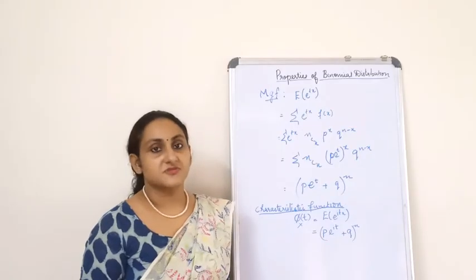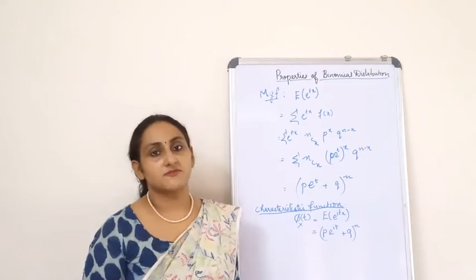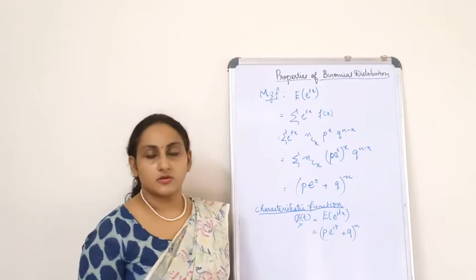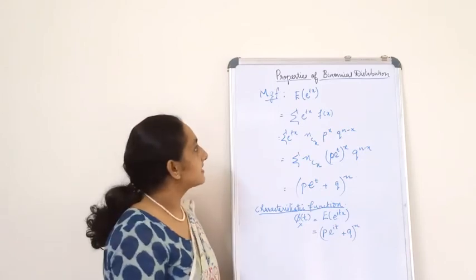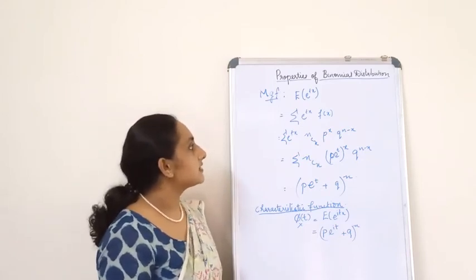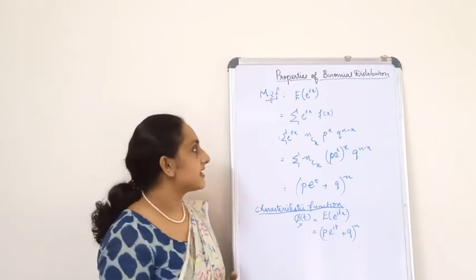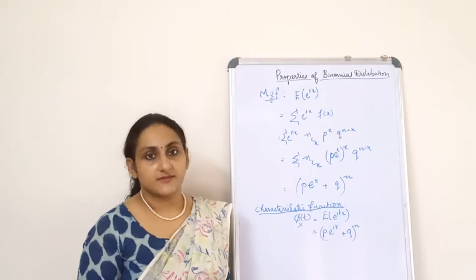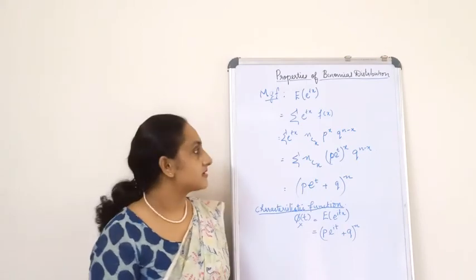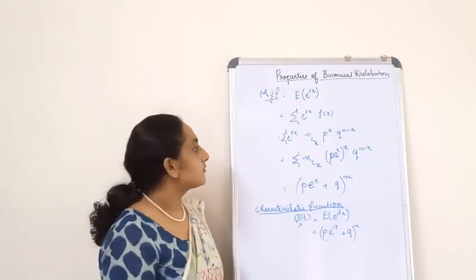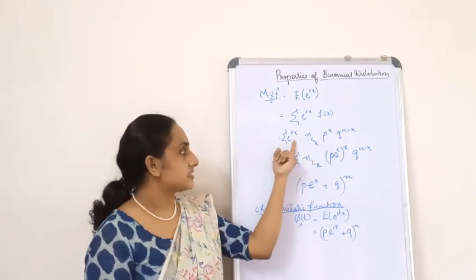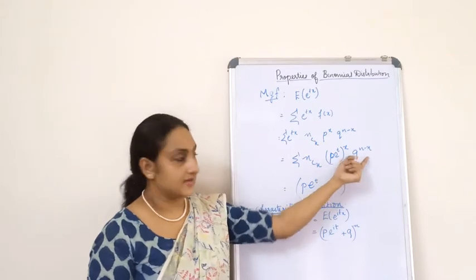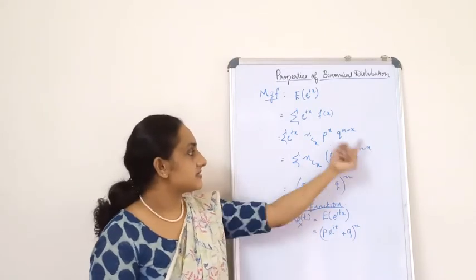Next, we will find out the MGF or moment generating function of the binomial distribution. So I hope you all know the formula, that is the expectation of e raised to tx, which is equal to summation e raised to tx f of x. Instead of f of x, you can write down the PMF of binomial distribution, and that is equal to, I'm going to club this p and e over here. So p e raised to t the whole raised to x q raised to n minus x, which is equal to, what is this?